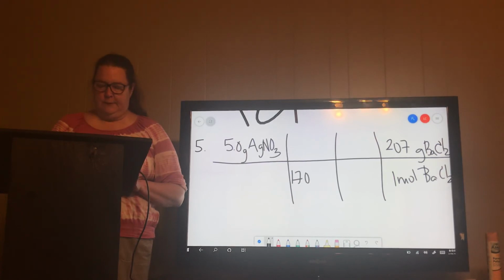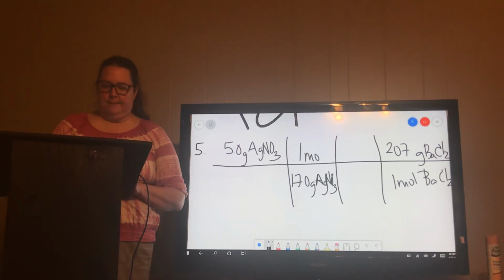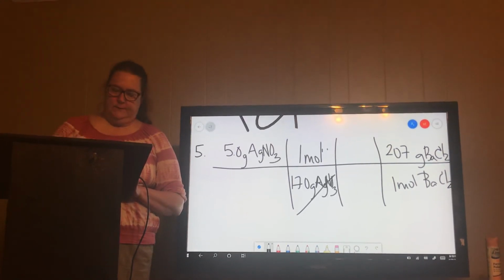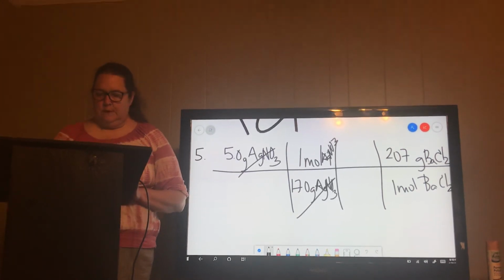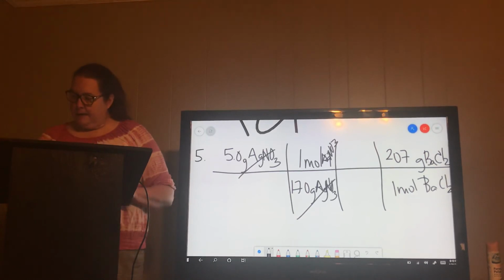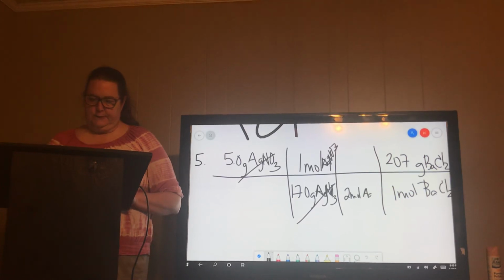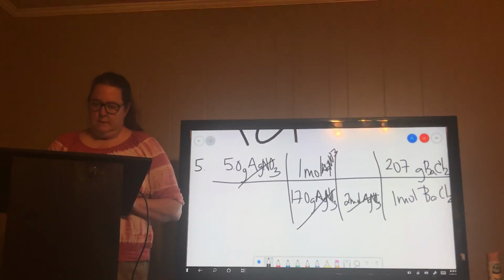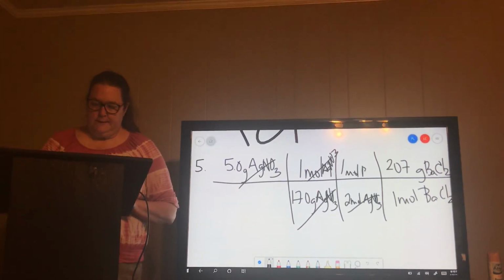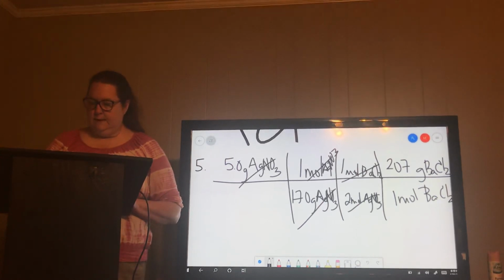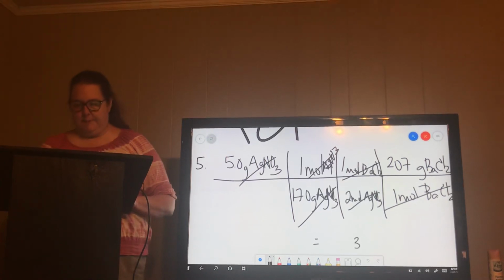So that's 170 grams equals 1 mole. That's the molecular mass. So that gets rid of the silver nitrate. Okay. I know for every 2 moles of silver nitrate, there is 1 mole of barium chloride. And so then I plug it in the calculator, I get 3.04